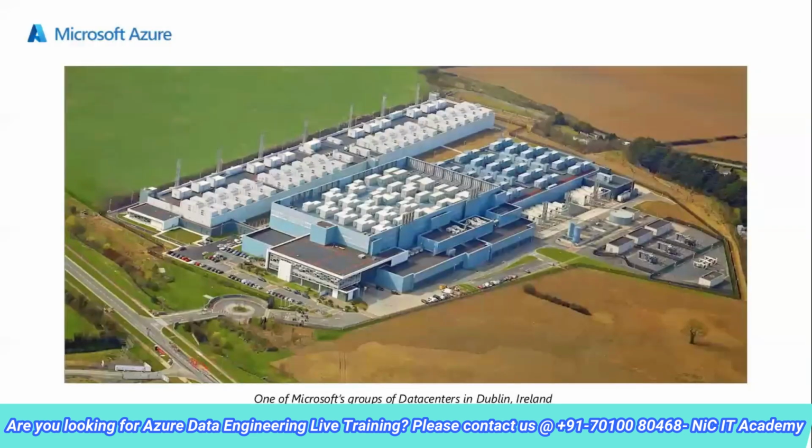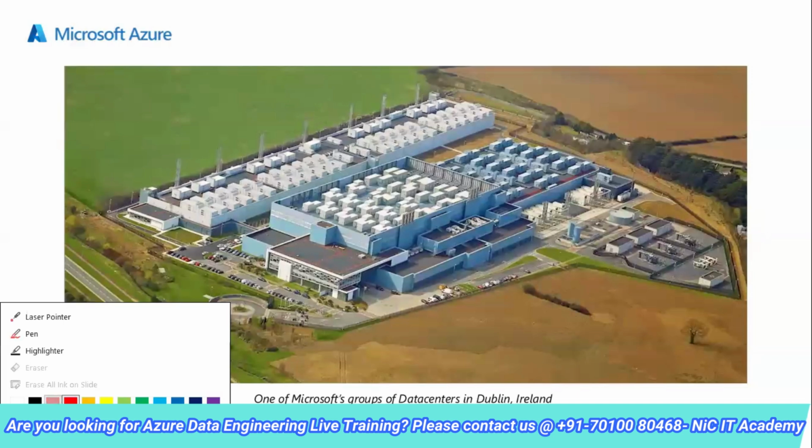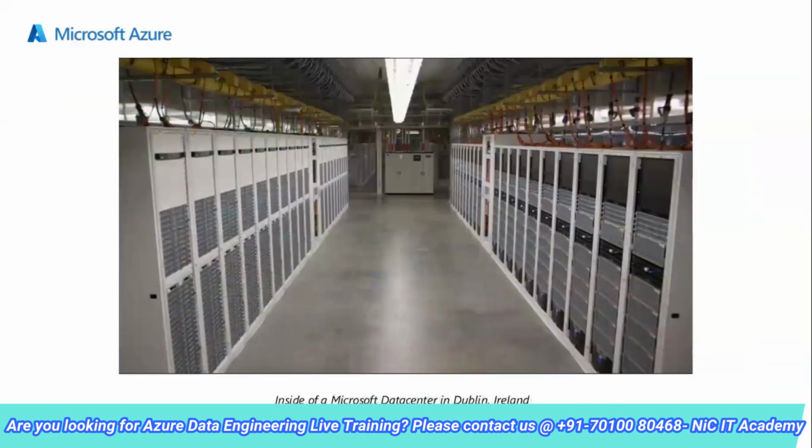So this is what a data center building looks like from outside. All right. So you can have multiple data centers within this region. This is one of the data centers present in Dublin, Ireland, an Azure data center. And this is what it looks like from inside. All right. So these are all racks. Rack 1, rack 2, right? Similarly, rack 3 here, rack 4. And what is present on these racks? Servers are stacked one on another inside these racks.